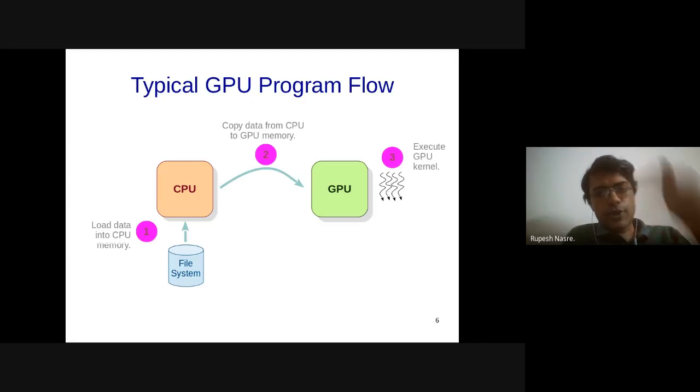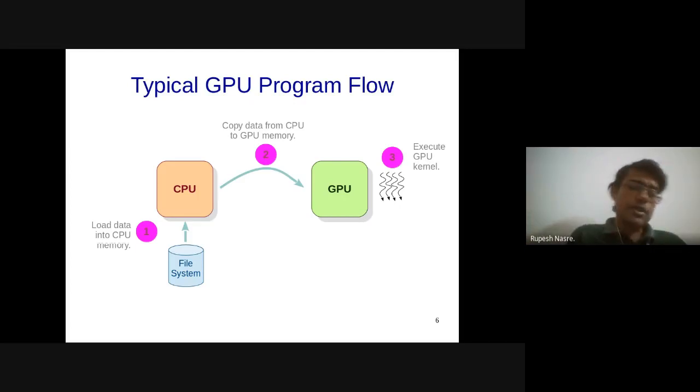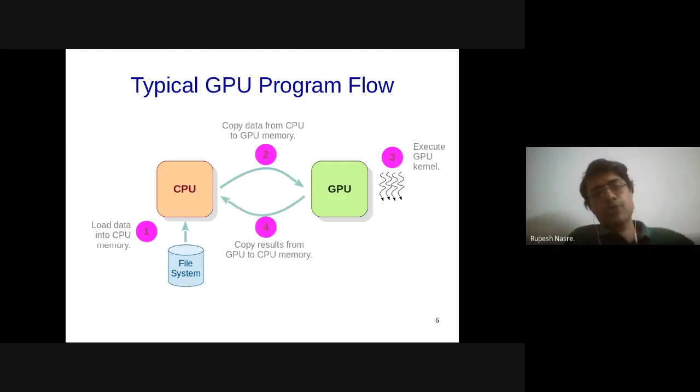This kernel is going to give me some compute intensive part, which is going to use this data that I have copied from the CPU. I'm going to perform some number crunching operations. I get the result. Once I have the result ready on the GPU, what does that mean on the GPU? In the GPU memory, right? The result is also available in the GPU memory, which I want on the CPU. And therefore, the fourth step is to get the results back from GPU to CPU. That means from GPU memory to CPU memory. And in both steps 2 and 4, I am using that PCI Express interconnect.